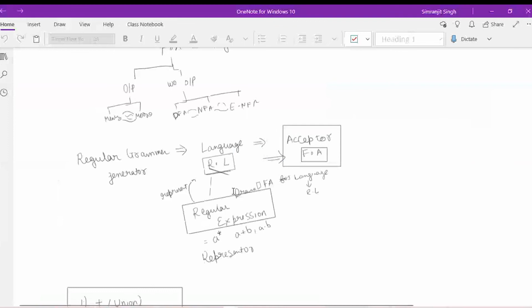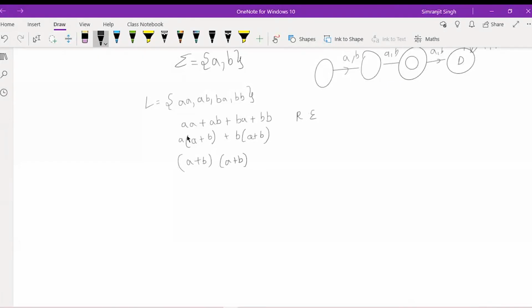Okay, so it can be extracted out: A plus B and A plus B. So this is common, and I have taken this. If you solve the quadratic equation, you know what I'm talking about. So this is your first length string, this is your second length. Okay, so you can get this if I just say construct a regular expression that contains exactly three length